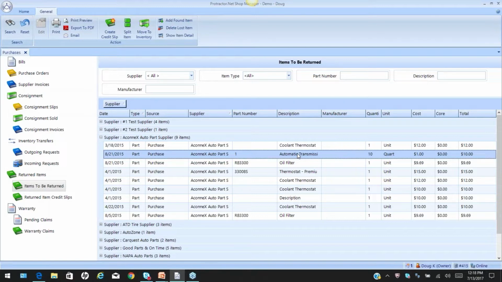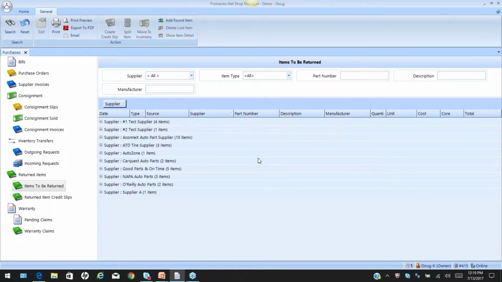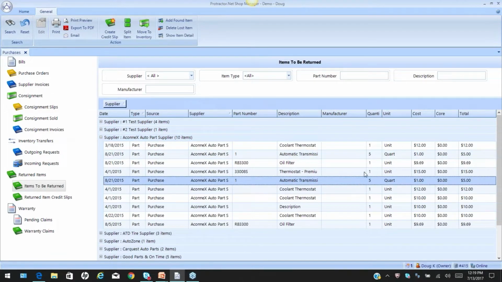So broaden your imagination a little bit with the demonstration. And what if I'm only going to send back 5 of these today, regardless of what the part is? Highlight the item, select split item, and you notice your face value quantity is at 10, okay, but maybe I'm going to only do 5. Well, what happens then is you now have split that into 2 what we call batches. So I now am going to take the 10 and split them up into groups of 5, okay? And now those items have been split up, okay? So here we see 5 of them, and here we see the other 5, which used to be the 10